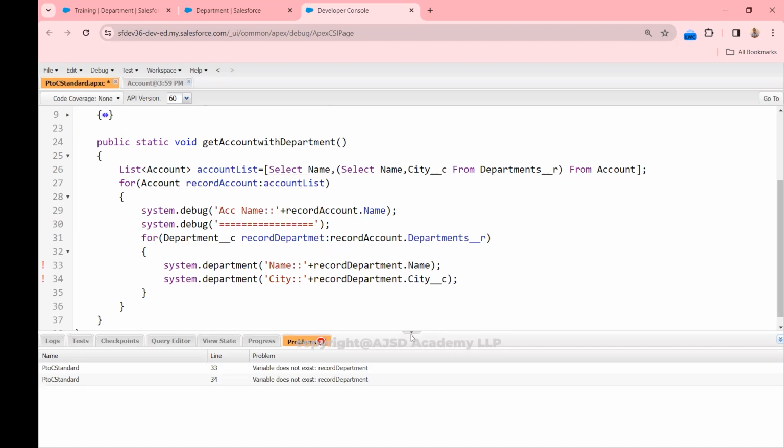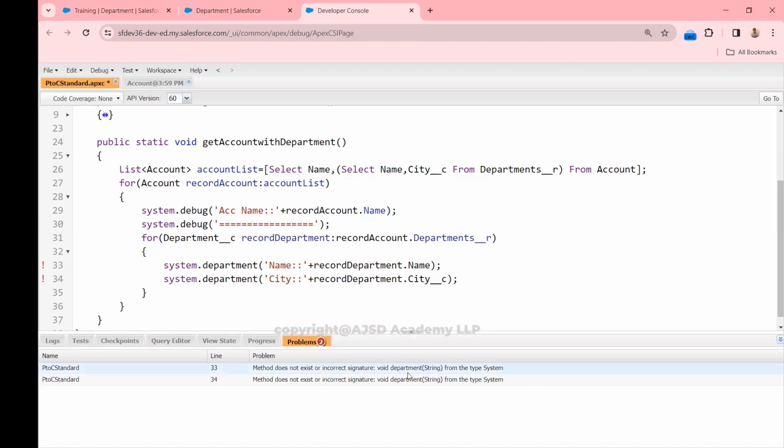Okay, so record department, the N is missing there. Let me give the N name there and save it. Most of the times when my implementations are facing issues, it is spelling issues. Okay, void department from type